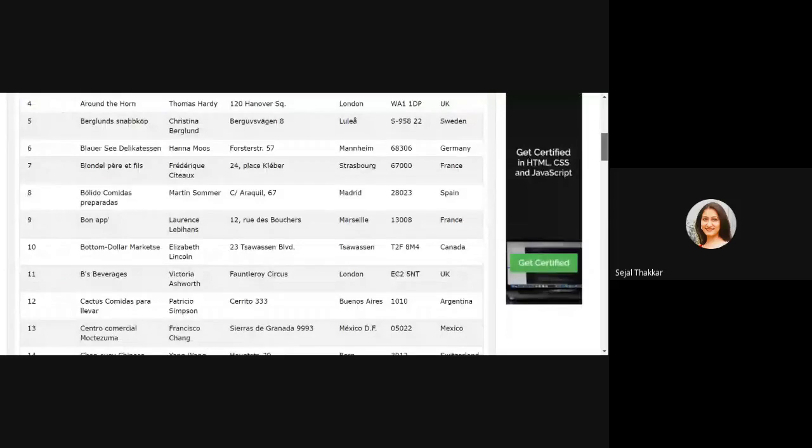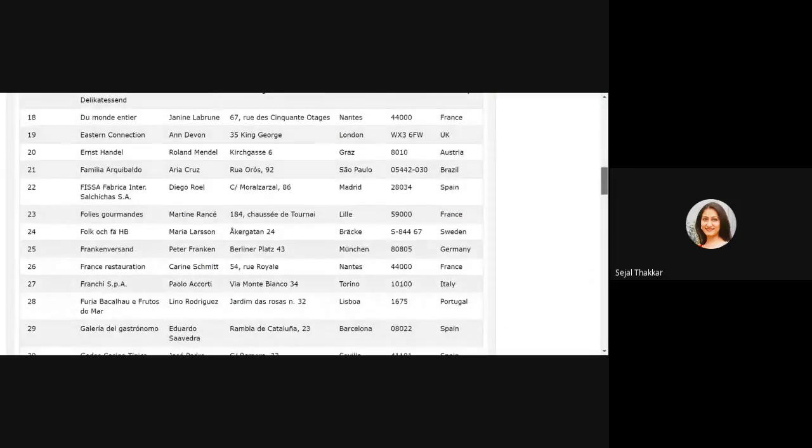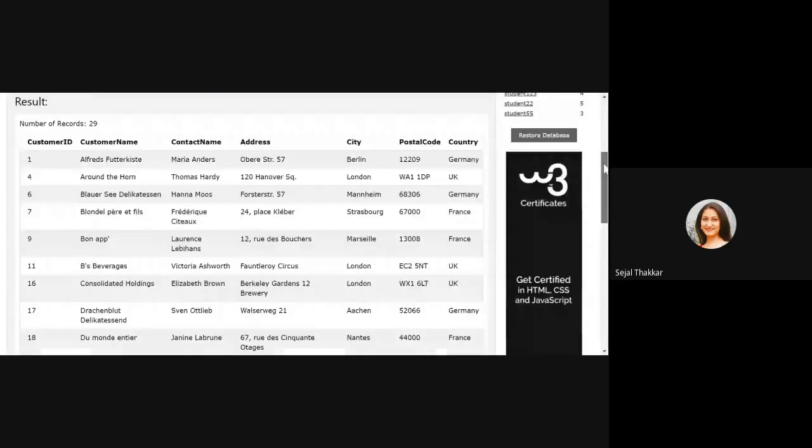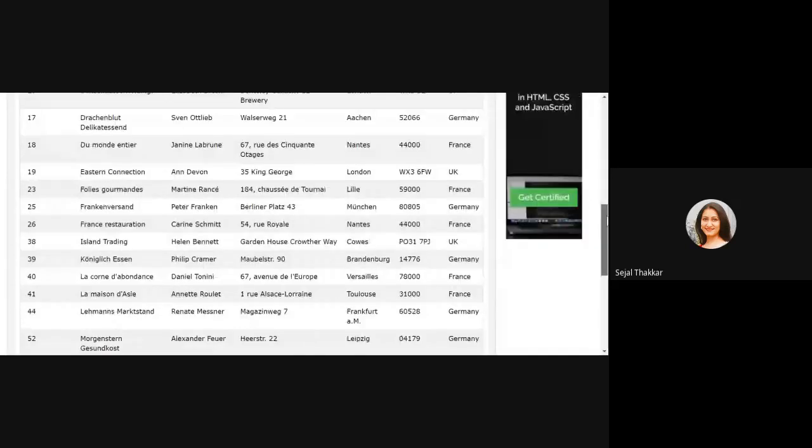Let's start: from customers where country in Germany, France and UK. So it is going to select only those customers who belong to Germany, France and UK. So you can see here, it has selected the customers who belong to Germany, France, and UK.